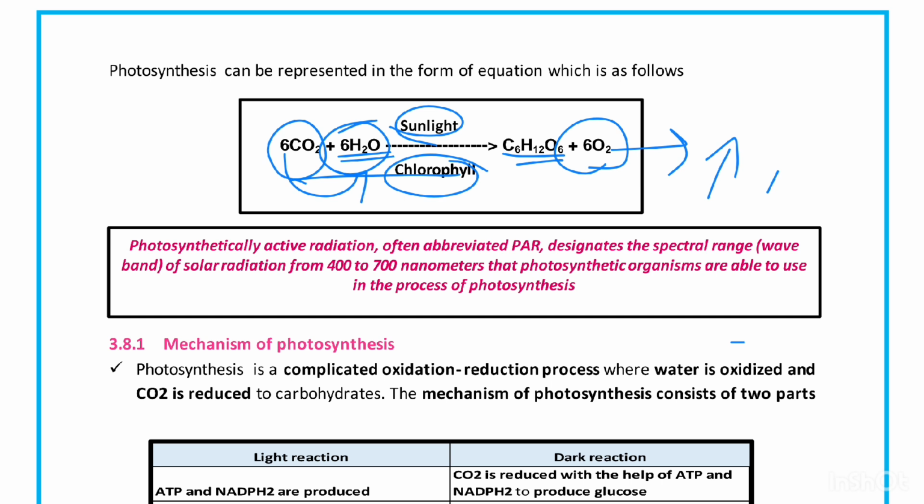Then we have sunlight. Let us discuss what the role of sunlight is in the photosynthesis process and how it is helping in photosynthesis, as well as the role of chlorophyll, and how it can help in the process of making carbohydrate in the plants. So let's understand the role of sunlight in the photosynthesis process. Sunlight is basically